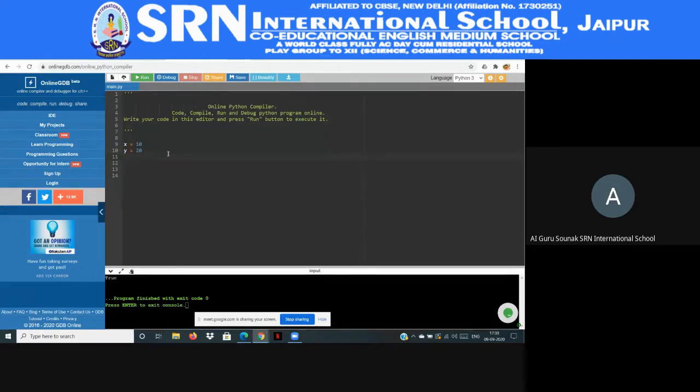You people are in class 11 and 12 now, so please do the mathematics properly. The logarithm part, the statistical part. Please do it very neatly, because in machine learning and artificial intelligence there is a connection between Python and that part. So please do your mathematics very properly. Now we will do the logical operators.